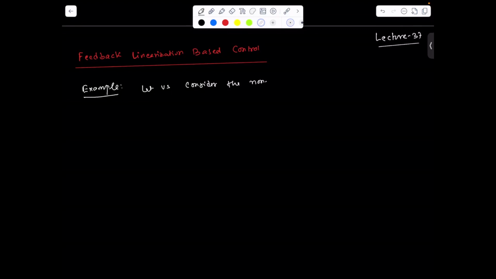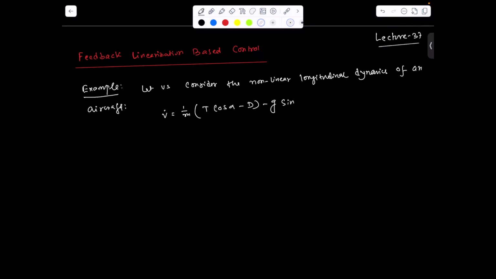the nonlinear longitudinal dynamics of an aircraft, which is v dot equal to 1 by m (T cos alpha minus D minus m g sine gamma), and gamma dot equal to 1 upon mv (L plus T sine alpha) minus g upon v cos gamma,